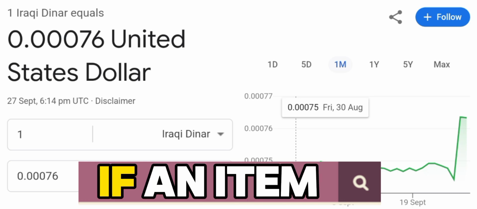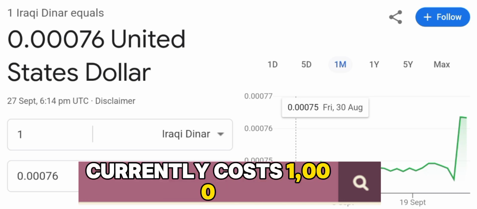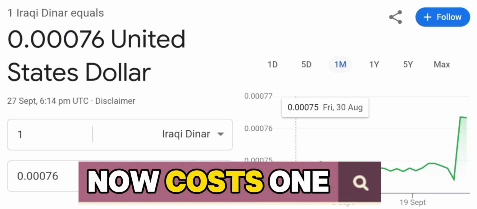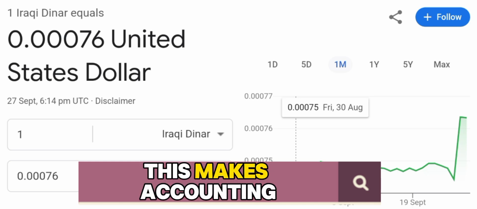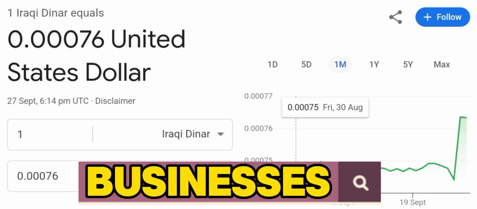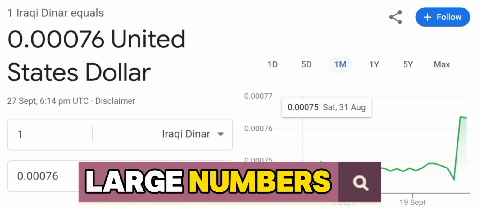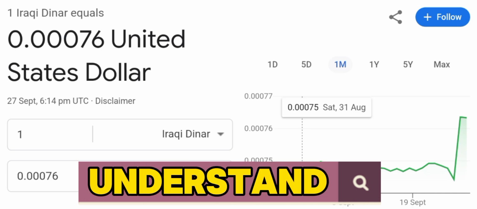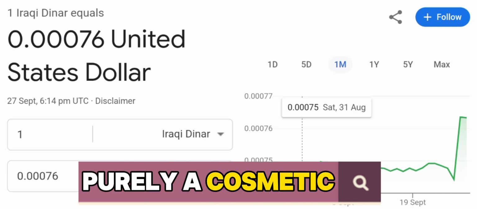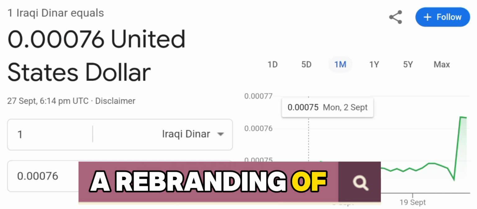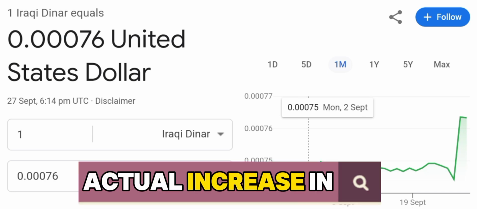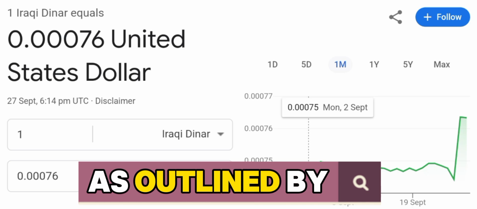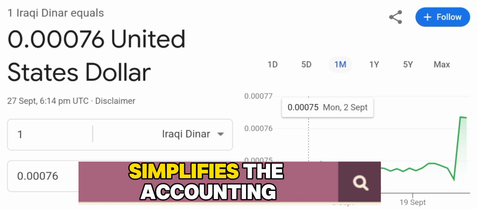For example, if an item currently costs 1,000 Iraqi dinars, removing 3 zeros would mean it now costs 1 dinar. This makes accounting simpler, as people and businesses won't have to deal with such large numbers in everyday transactions. However, it's crucial to understand that this is purely a cosmetic change, a rebranding of sorts, rather than an actual increase in value. One of the main benefits of this approach, as outlined by Al-Mawsumi, is that it simplifies the